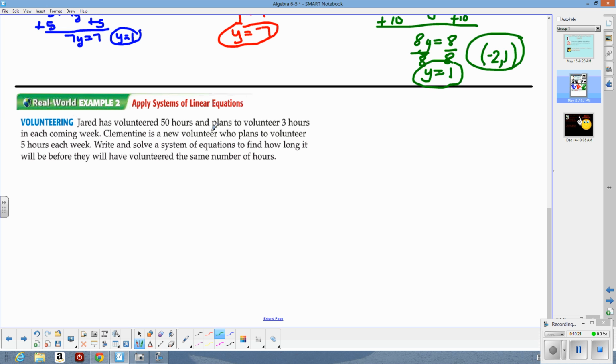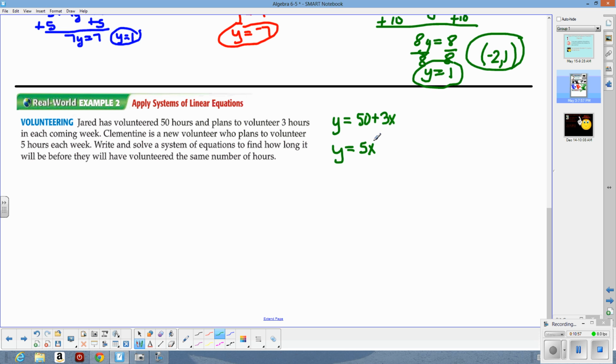So Jared's total hours, let's have y equal the total hours, is going to be 50 plus 3 times x, if x is the number of weeks. Clementine, since she's a new volunteer, is going to volunteer 5 hours each week. So her total hours is going to be 5 times the number of weeks, or 5x. Now, if we want to know when they will have volunteered the same number of hours,